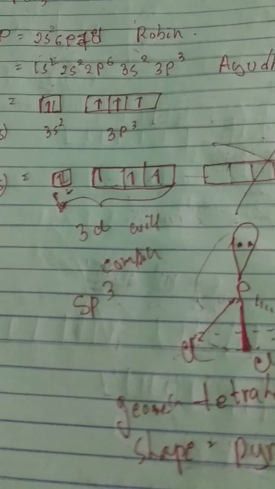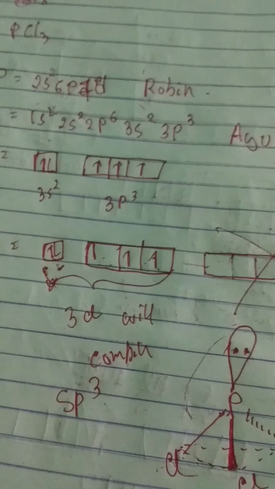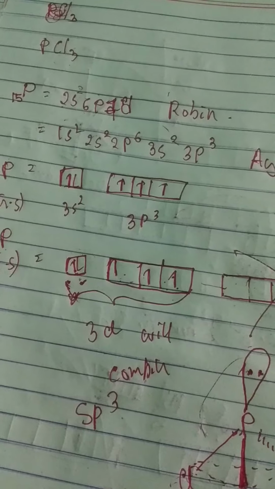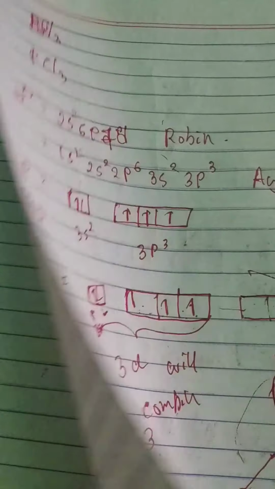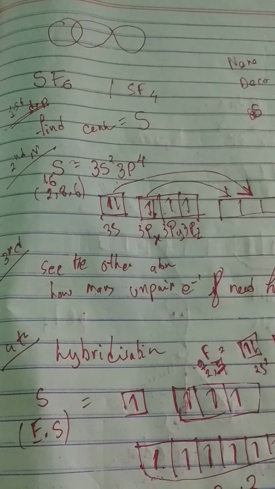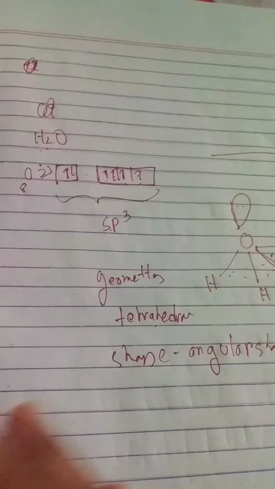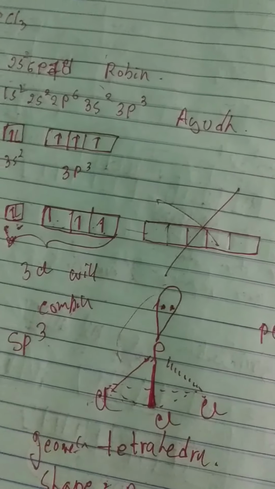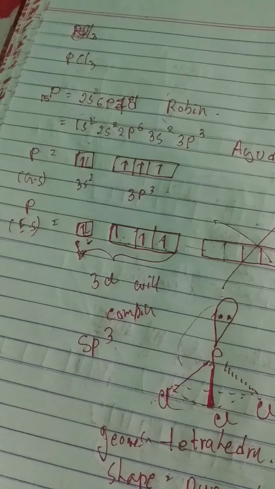Okay, so hello everyone. In our last class, we did some examples of VSEPR theory, the shapes, and hybridization. Okay, I'll send the pictures of my notebook. Like we did the rules for SF6, how to do it. Then we found out the PCl3 that I can see also.